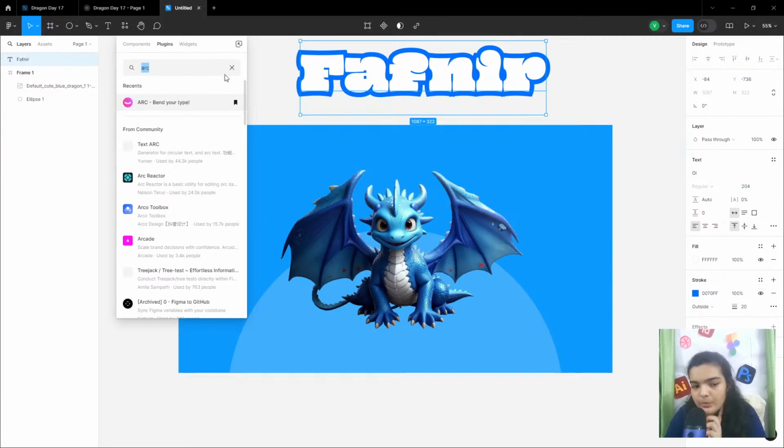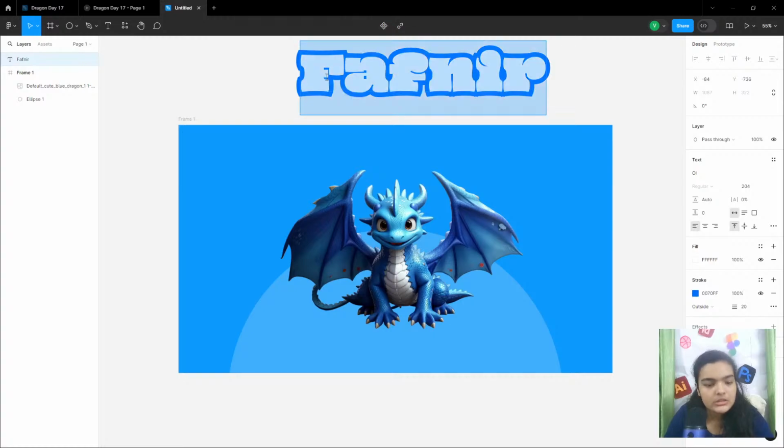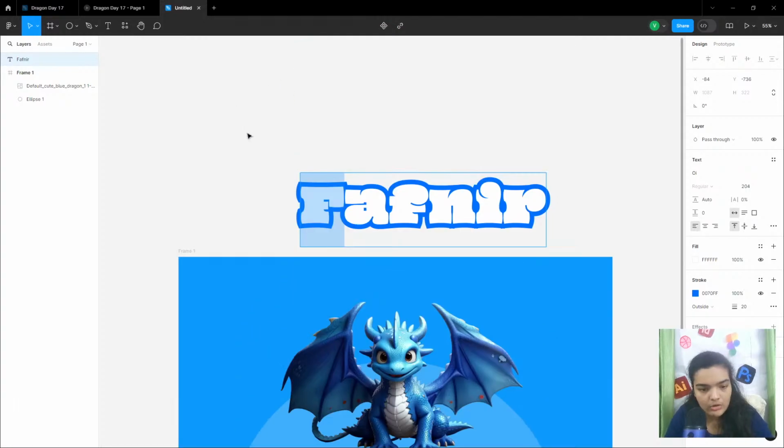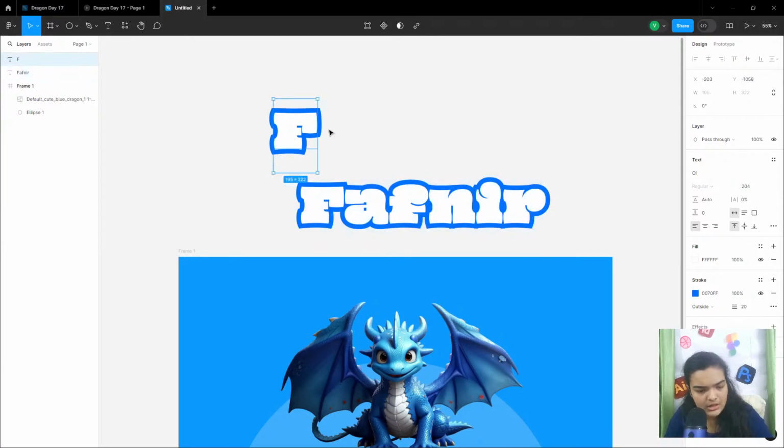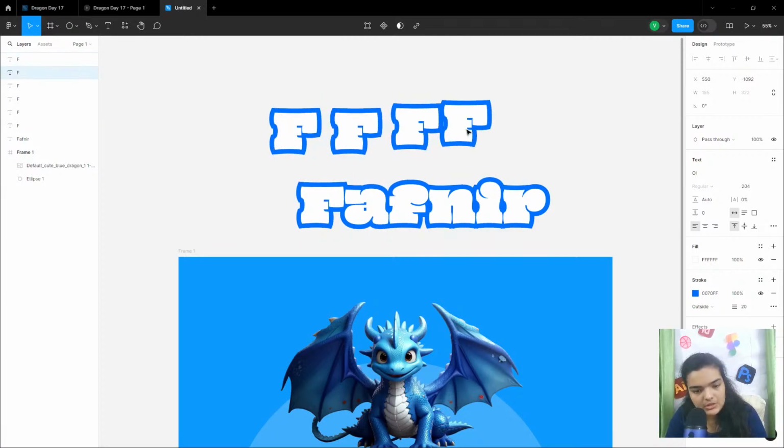This has a lot of purchases, so I'm not going to show you how to do it with the arc plugin. Let's do it manually. So we'll just take all of the characters that we were using and basically copy each, place them outside, and let's just duplicate this 6 times. Alright, so we have 5 and then we have 6. We'll just take all of these, drag them out,